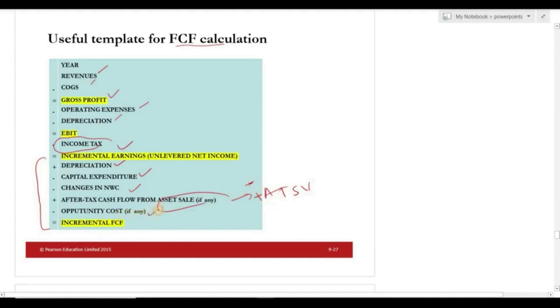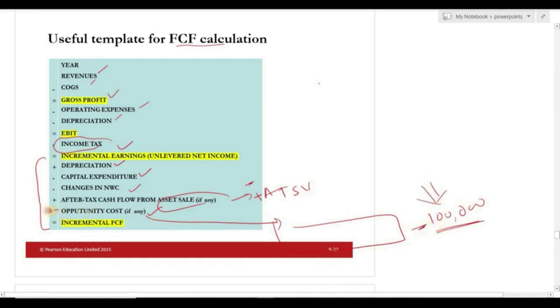If there is any other cost, for instance, you are building a machine, you are building a new plant on your land. Previously this land was giving you 100,000 every year, but because of this new plant, you cannot earn this extra rent, right? So that will be part of your opportunity cost, so it will be total outflow, so that will be incremental free cash flow. Okay,